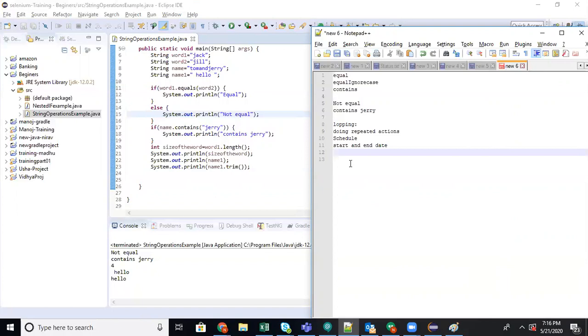After that, what it has to do on that date, we can take as the processing statement. So these are the inputs. If you know these, you will be able to design a robot to go and do the action. This is called looping. Tomorrow we are going to design code to get the milk packet by scheduling the start and end time. We will learn how we can achieve this.